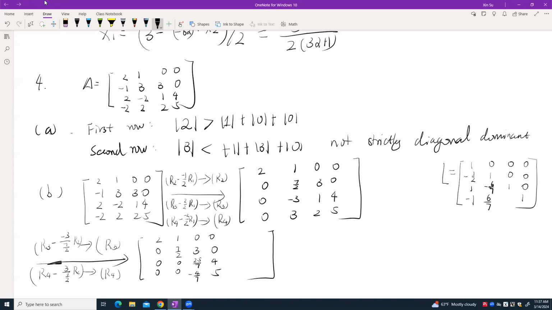So we are going to do the last step. We are going to eliminate this one to 0. So the last step is just updating row 4. We are just updating row 4 here. And what is the new row 4? The new row 4 should be this. The row 4 here should be row 4 subtract the,